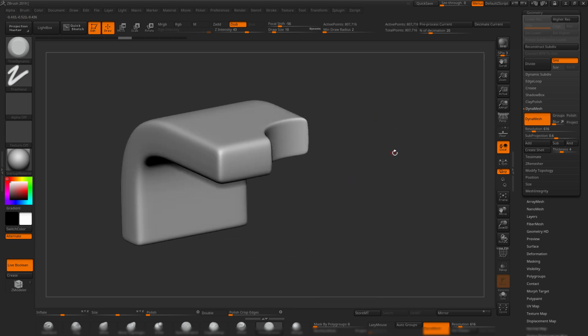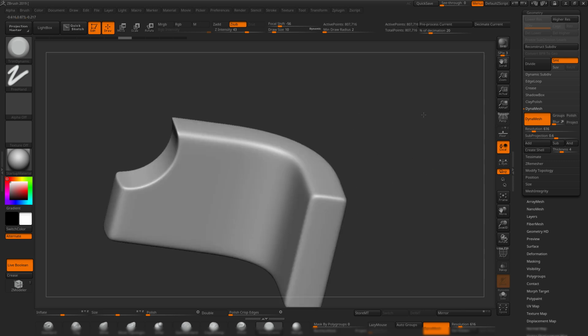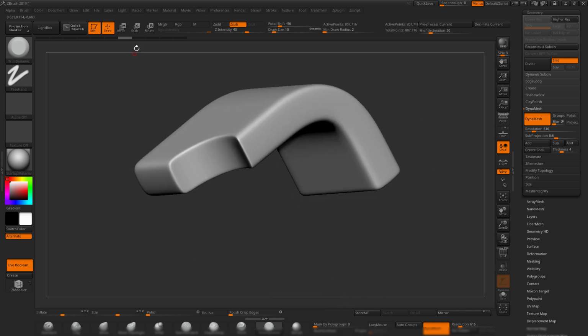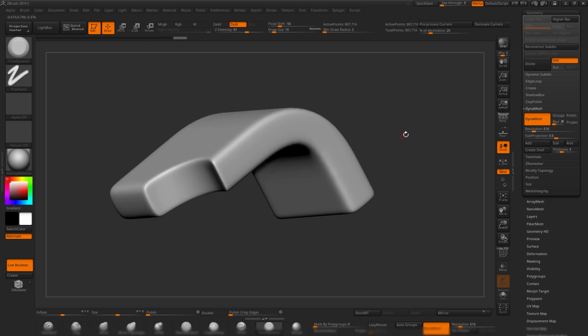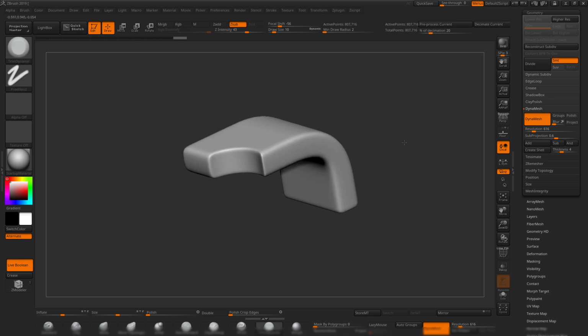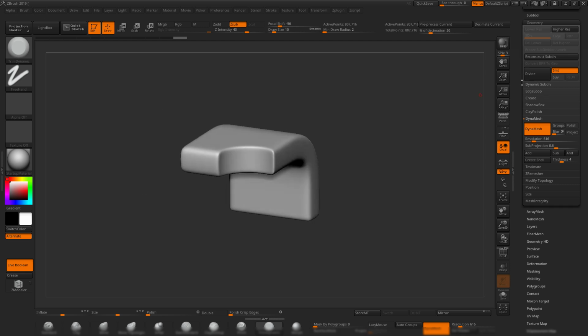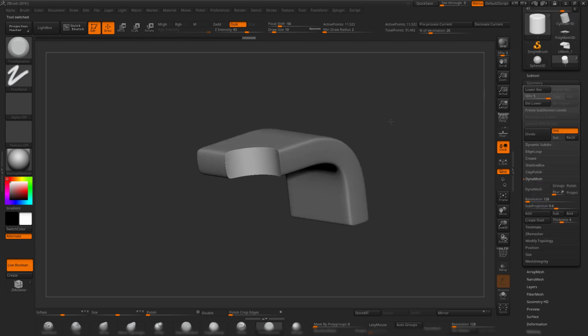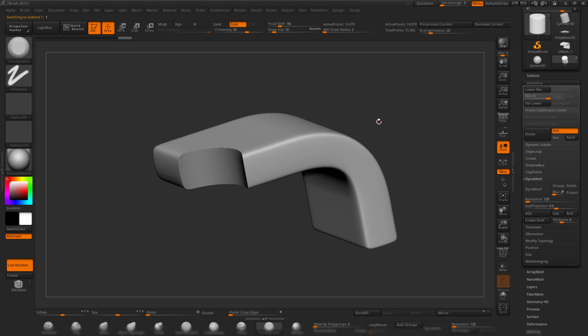Because you made this edge and you want it to stay the same, but when you smooth all the mesh, it becomes even smoother. So the solution to this is to use not smoothed meshes for